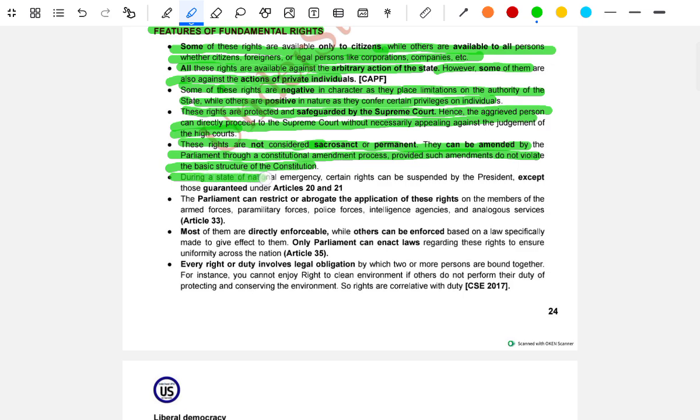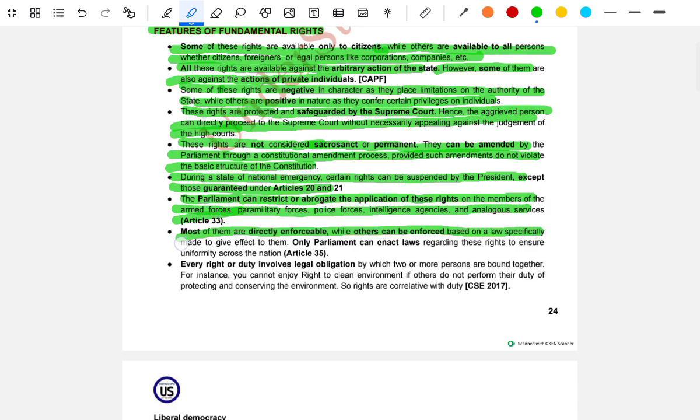During a state of national emergency, certain rights can be suspended by the President, except those granted under Articles 20 and 21. Parliament can restrict or abrogate the application of these rights to members of the armed forces, paramilitary forces, police forces, intelligence agencies, and similar services. Article 33. Most of them are directly enforceable, while others can be enforced based on laws